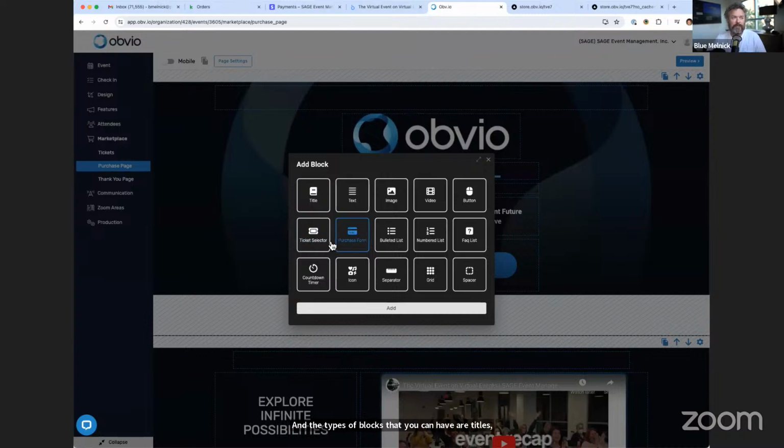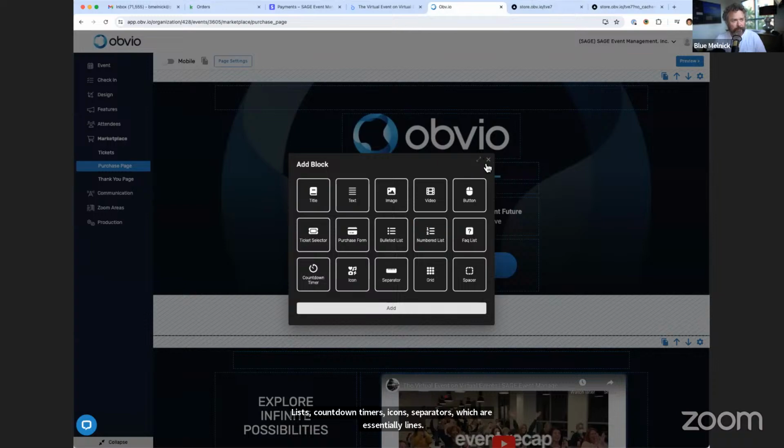You can have a purchase form. One of these two is required. The purchase form is required if you only have one ticket available. The ticket selector is required if you have more than one ticket available. You then also have bulleted lists, numbered lists, FAQ lists, countdown timers, icons, separators, which are essentially lines, grids, and